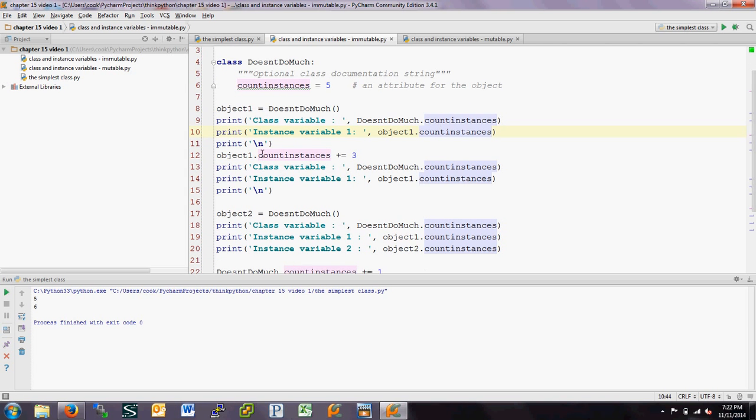So down here, I'm going to add 3 to the object1.count instances. And I'm going to reprint then the class variable and the instance variable. And what we're going to find out is these two things are actually different. And the reason for that is, well, it's a little bit tricky, but in this case, because we're using integers, which are immutable,